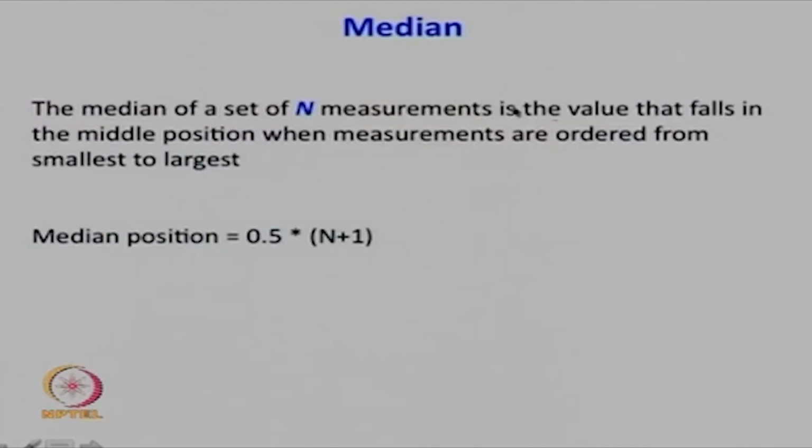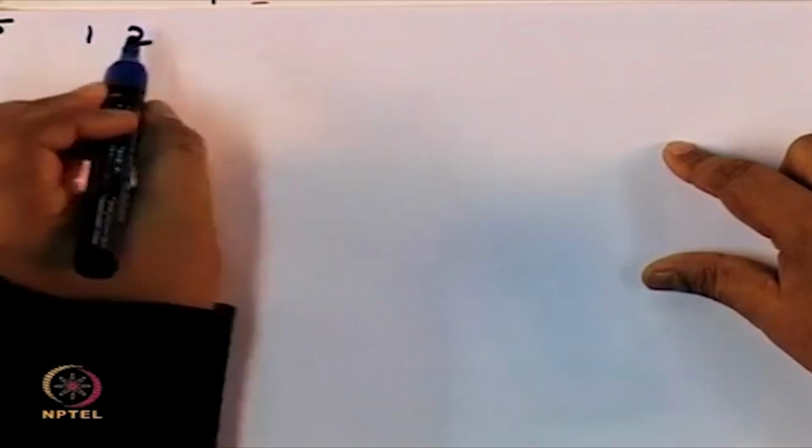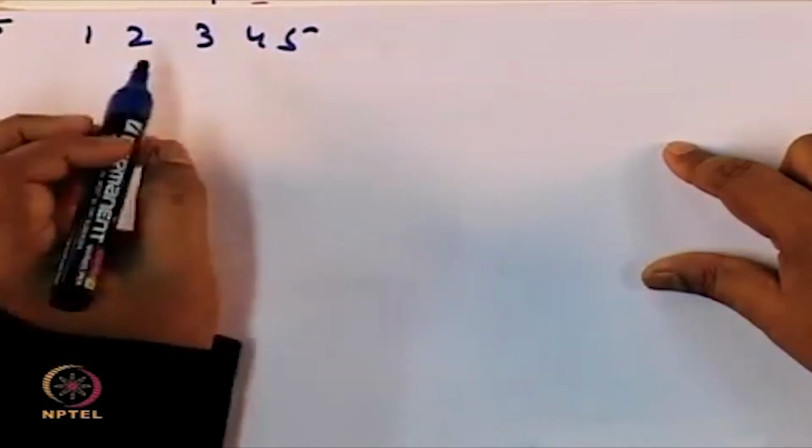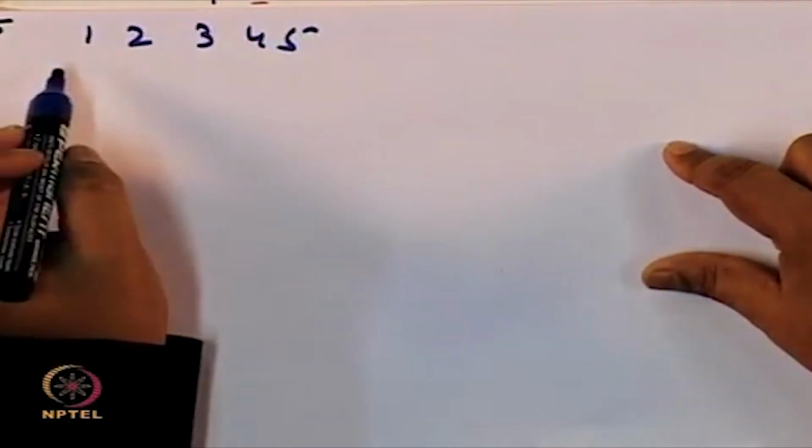Now, we have the next concept of median, right. So, the median of a set of n measurements is the value that falls in the middle position when measurements are ordered from smallest to largest. So, in other words, the median position is 0.5 times (n plus 1). Okay. So, if you have 5 numbers, let us say 1, 2, 3, 4, 5, then your median number, and this is a sorted data set,